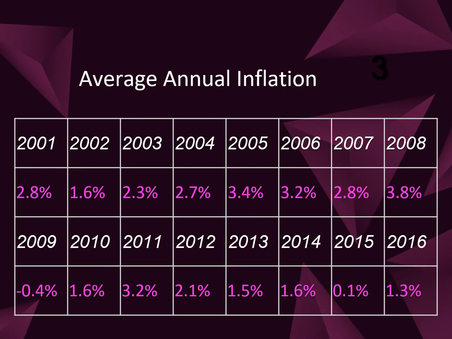So, when we look at inflation over a long period of time in the United States, here we can see that it has gone up and down, but you can look at it. It's 2.8 to 1.6 to 2.3, so it has a range. The only time it really fell out of that range, if we look at 2009, we're looking at a pretty serious outlier there. But beyond that, we're looking at a pretty steady fluctuation, and it has been lower in more recent years.